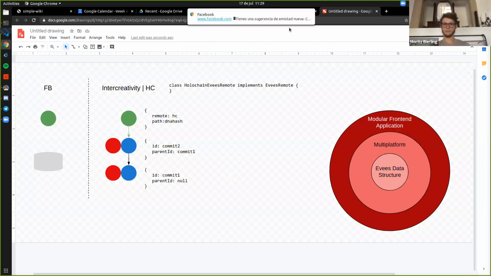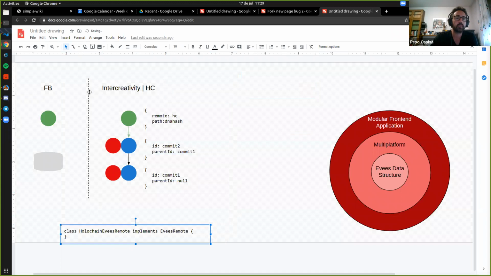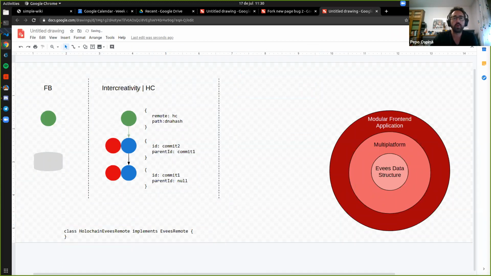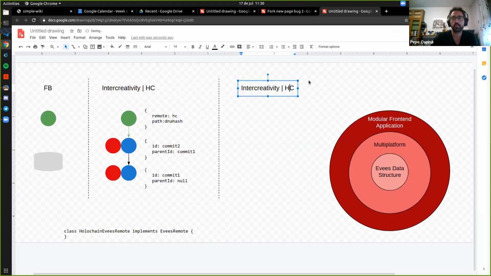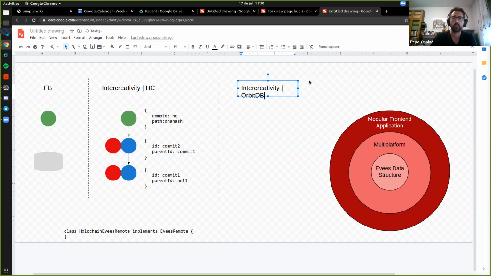And so, yeah, this is an Evee. It's just a sequence of commits. It can live in one place, on one platform. And then imagine that somebody wants to create a fork of your post. Maybe you made your Facebook post, you moved it into your Holochain space, and somebody on RDTV saw your post, you shared it with other people, and they wanted to edit it.